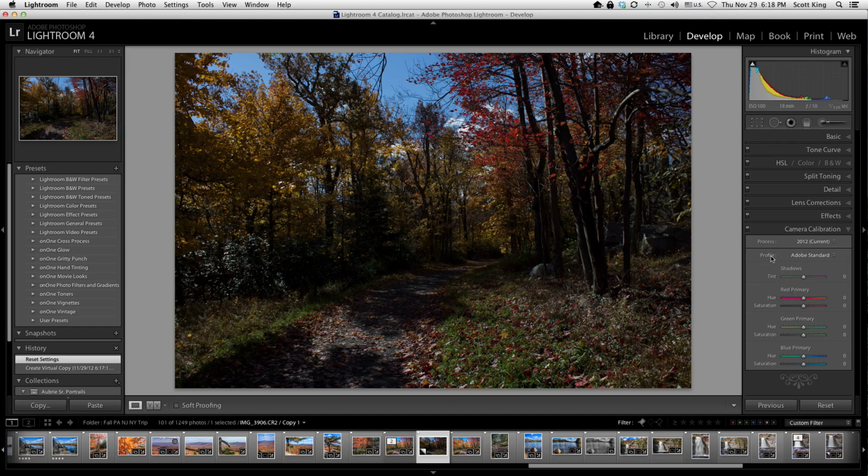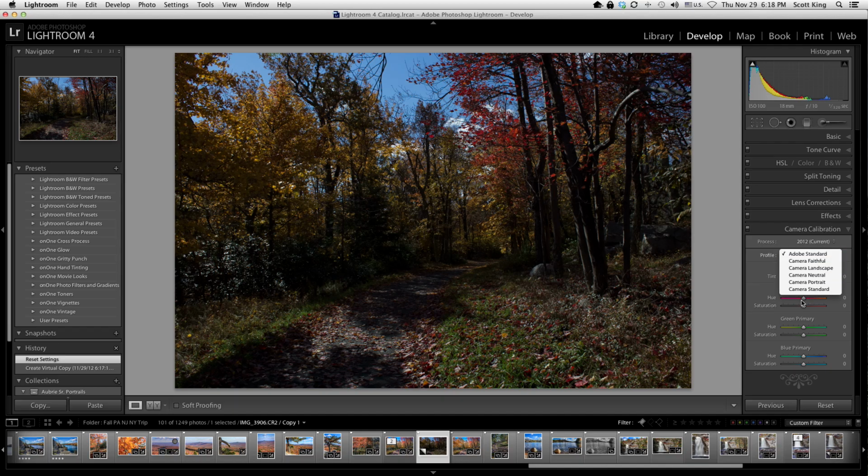And when you take a picture with your camera and look at the back of the screen, what you're seeing is actually a pre-processed mini JPEG version. And that's why a lot of times when you take raw photos, they don't look like they did on the back of the camera, because guess what? They aren't supposed to. On the back of the camera, you saw a pre-rendered JPEG version, and here we're seeing the actual raw file. So the very first step you want to do when processing your raw file is select a